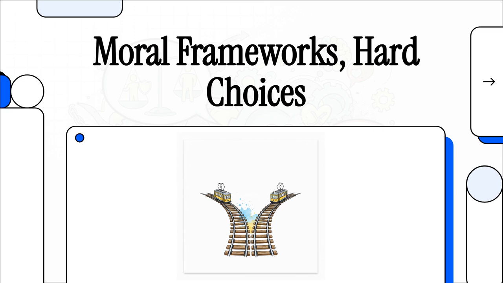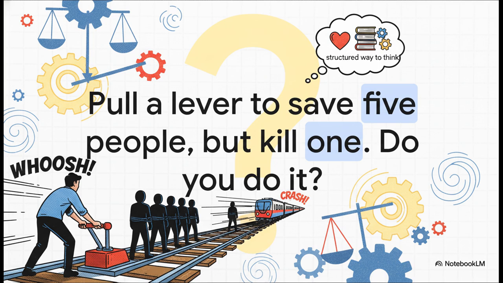Let's dive in. Yes, the good old trolley problem. You know this one, right? It's famous because it's designed to be impossible. It forces you into a corner with no good options. Do you step in and actively cause one person's death to save 5? Or do you do nothing and let 5 people die because you didn't act?